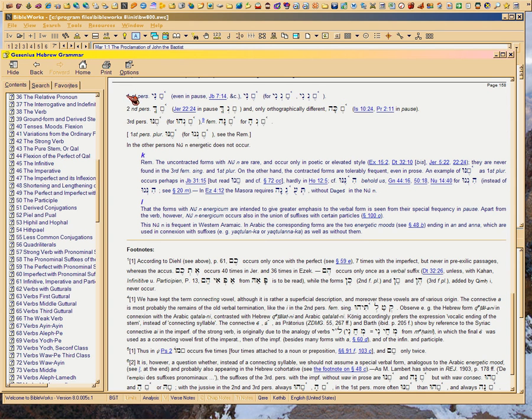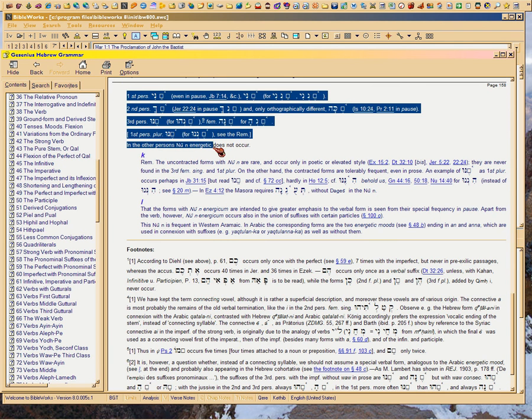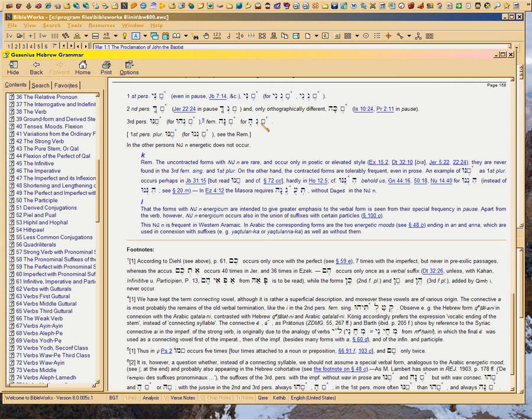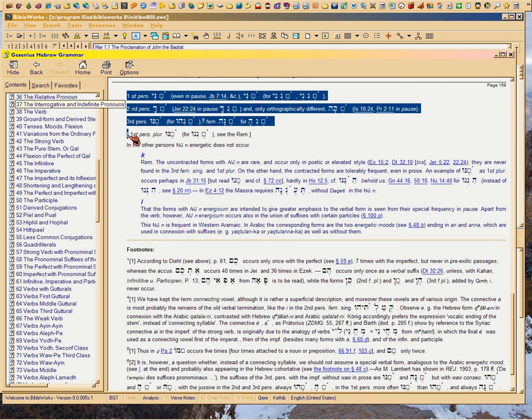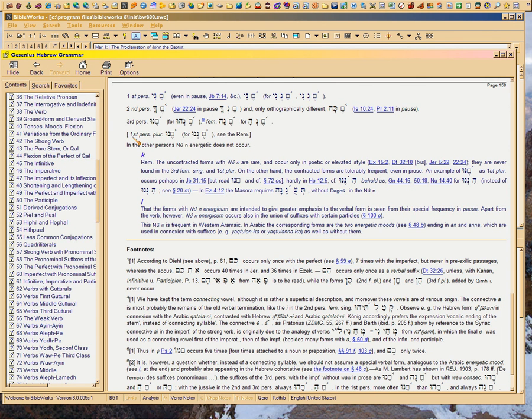See this little section here? Pause your video and look at it. Of course, you might not be able to read the characters. These little square boxes are saying that whatever the consonant is, it's got a segol at the bottom, the little three triangle dots. So this is like their equivalent of an X. It can be any consonant. But this whole thing is telling you where the non-energetic occurs, and it only occurs in the first person plural and the third person singular.